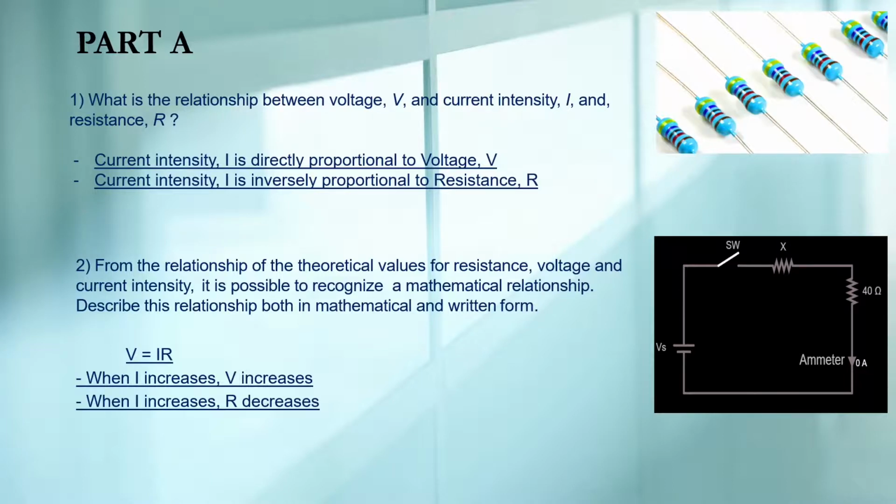Question 2 asks: from the relationship of the theoretical values for resistance, voltage and current intensity, is it possible to recognize a mathematical relationship? Describe this relationship both in mathematical and written form. As we know, in Ohm's law we use V = IR, which is voltage equals current times the resistance R. So the point is, when I increases, V